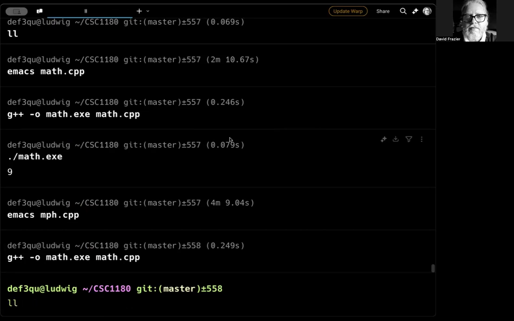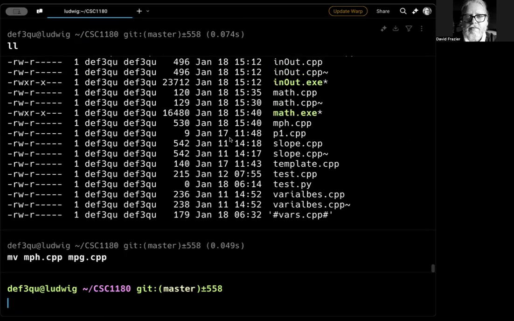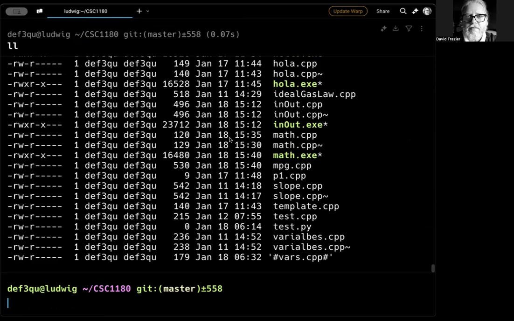So if we do an LL, we'll see that we have an mph.cpp. It should be mpg. I can use the mv command. It's just like copying, which does a from to, but you end up with one copy, not two. So I can say mph.cpp is the from, I want to change it to mpg.cpp. Okay. Now if I list my files, I have an mpg. So now I can do my g++